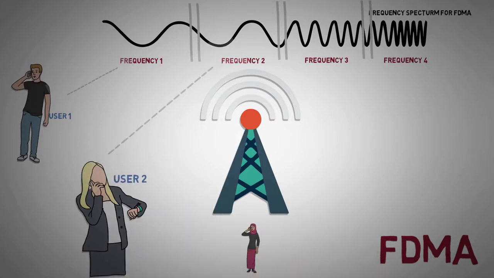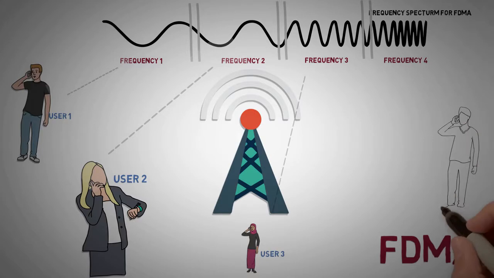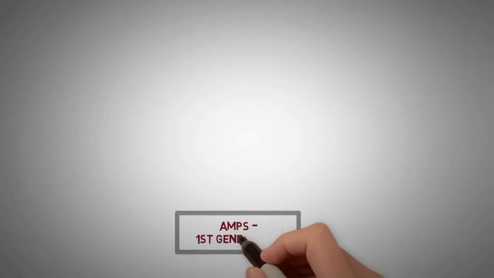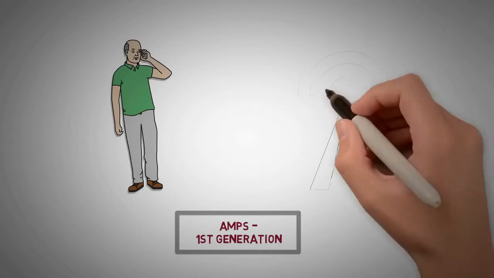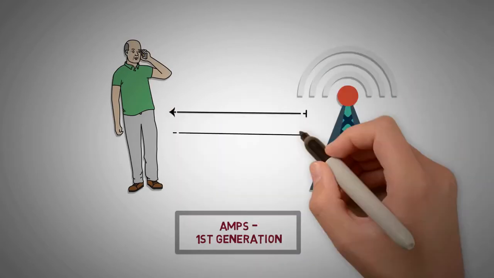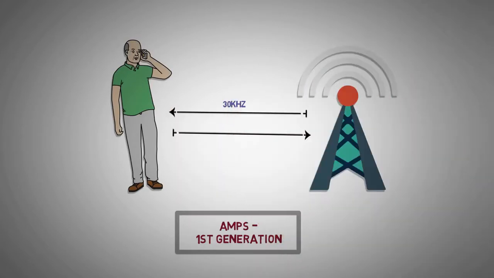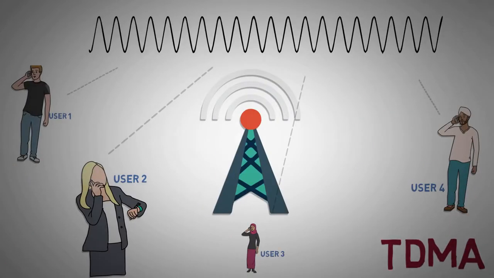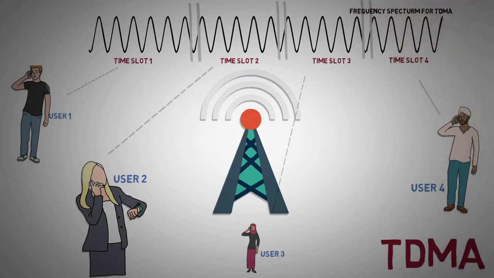Generally, the data is generated at baseband and modulated at varying radio frequencies. Guard bands are introduced to avoid any interference. AMPS, or the first generation analog systems, used FDMA to provide each user a duplex channel with one-way bandwidth of 30 kHz. TDMA, which uses time division multiplexing, allows multiple users to share a common frequency band by allocating different